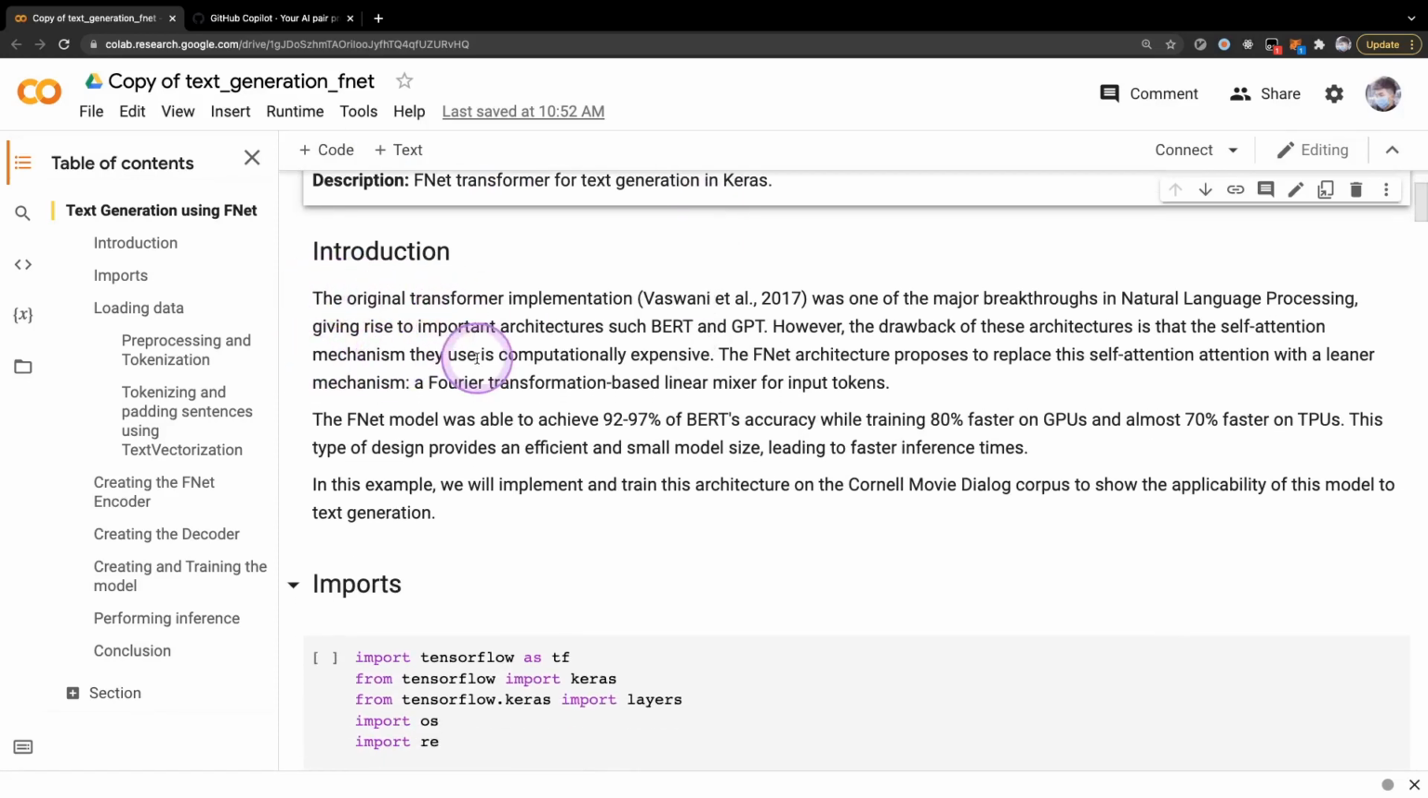Okay, introduction. The original transformer implementation was one of the major breakthroughs in natural language processing, giving rise to important architectures such as BERT or GPT. However, the drawback of these architectures is that the self-attention mechanism they use is computationally expensive. The FNet architecture proposes to replace that self-attention with a much simpler mechanism, a Fourier transformation-based linear mixer for